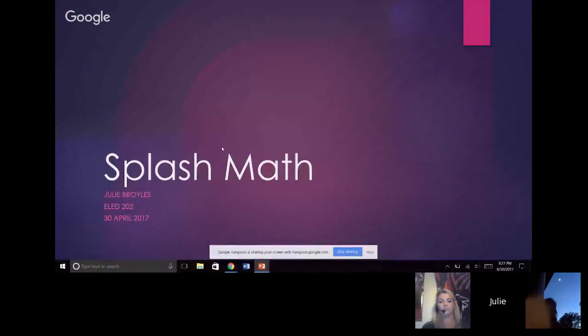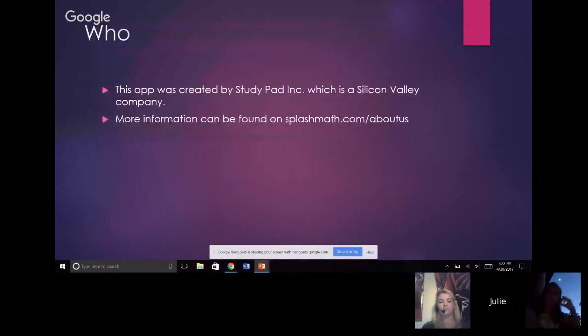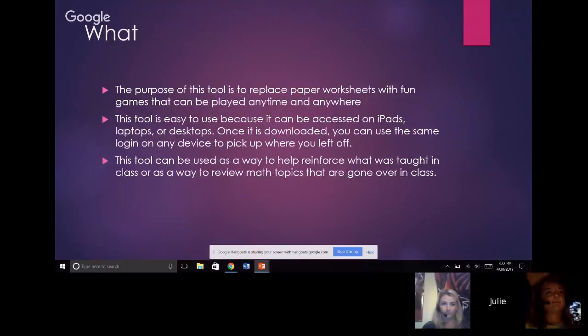The first app I'm going to be talking about is Splash Math. This app was created by StudyPad Incorporated, which is a Silicon Valley company. More information can be found on splashmath.com/aboutus. The purpose of this tool is to replace paper worksheets with fun games that can be played anytime and